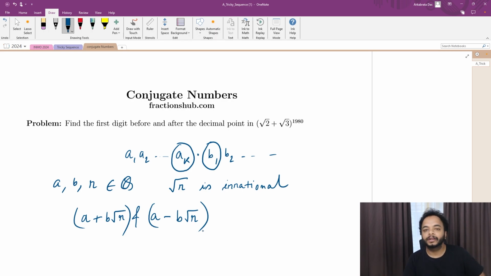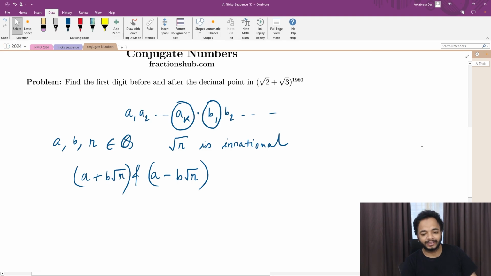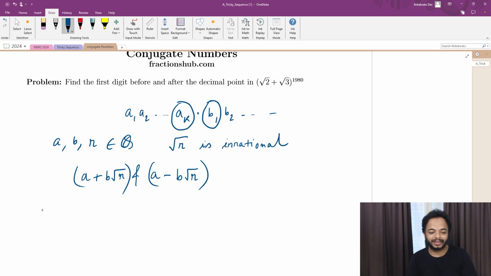Now let's get started with the main problem. How do we solve it? First of all, notice that root 2 plus root 3 doesn't look like a conjugate number of this form. So how do we get it into one? We can square it. If we square root 2 plus root 3, we get 5 plus 2 root 6. So we can write (root 2 plus root 3) to the power 1980 as (5 plus 2 root 6)